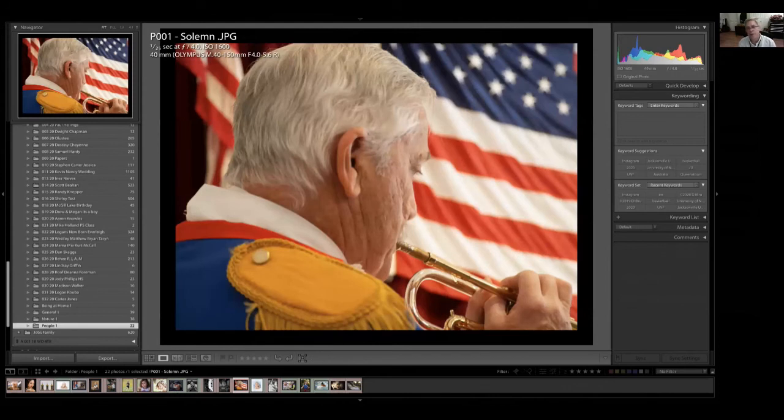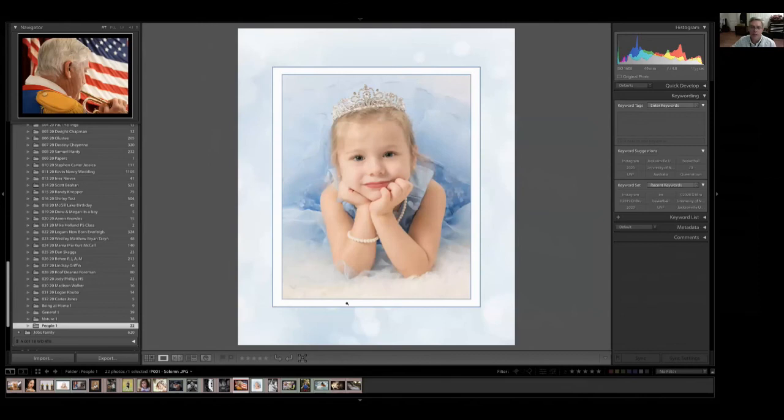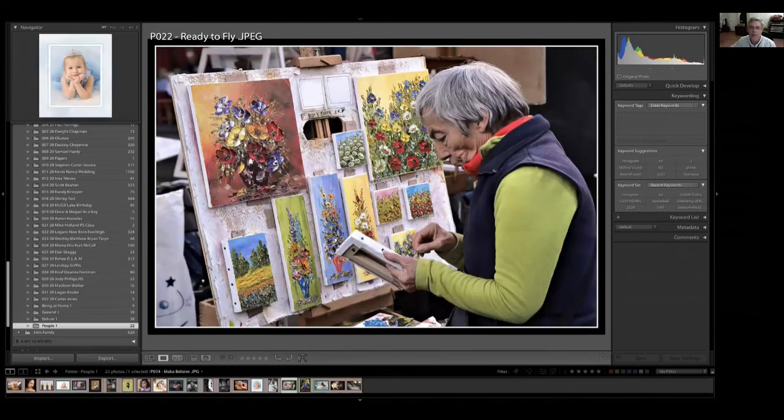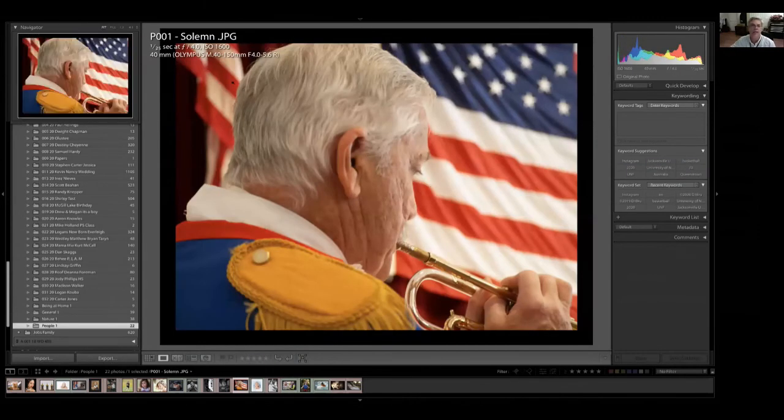This may do better black and white. I'm not sure. I do like the colors. I do like the storytelling. It is maybe cropped in a little bit tight. The eyelashes are a little bit